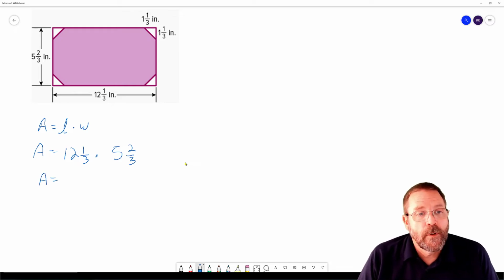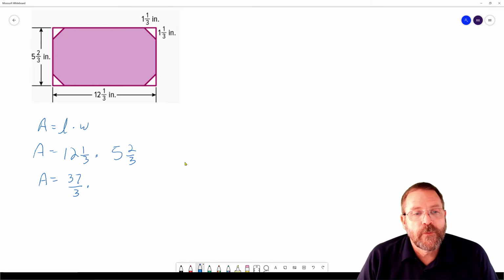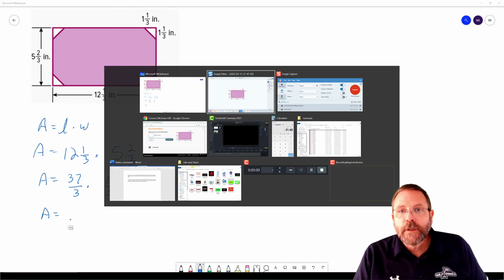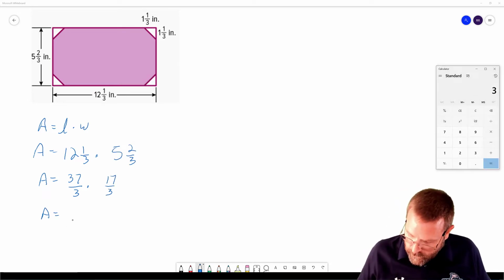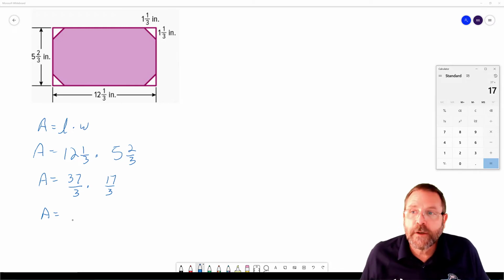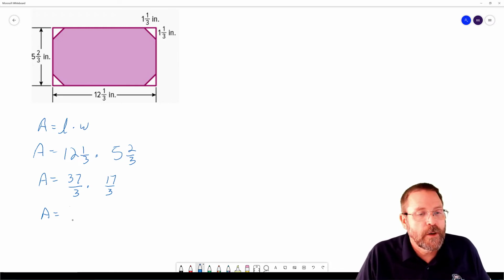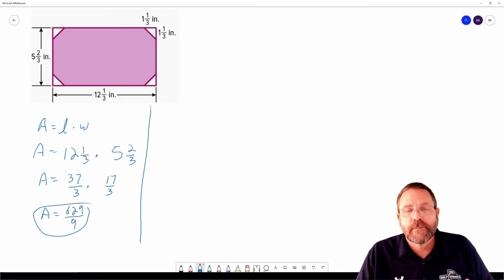We're going to do the Texas thing. 3 times 12 is 36, plus 1 is 37 over 3, times 5 times 3 is 15, plus 2 is 17 over 3. And now we're going to multiply that out, which gives us 37 times 17, which is 629 over 9. I'm just going to leave it there as an improper fraction